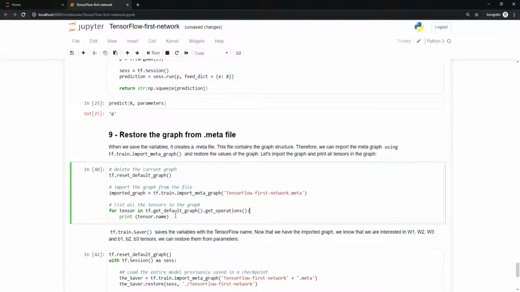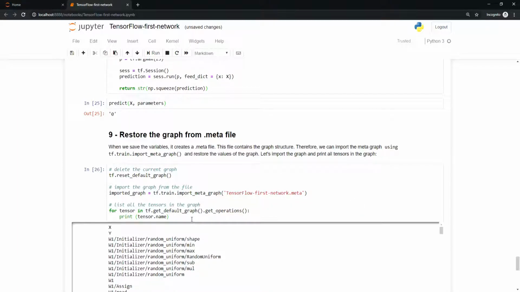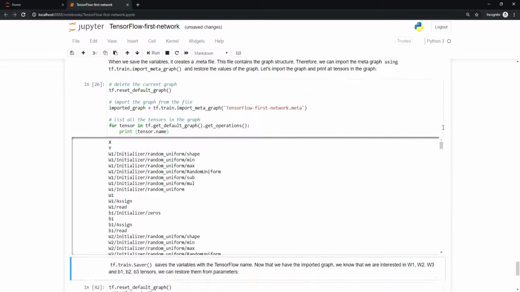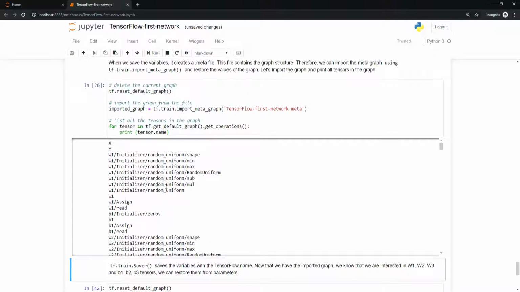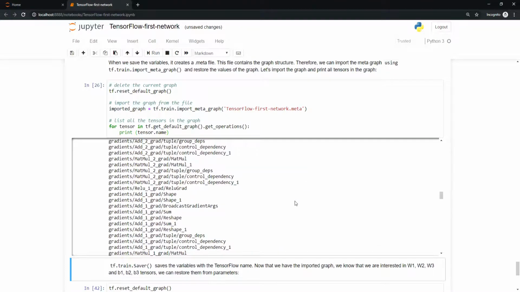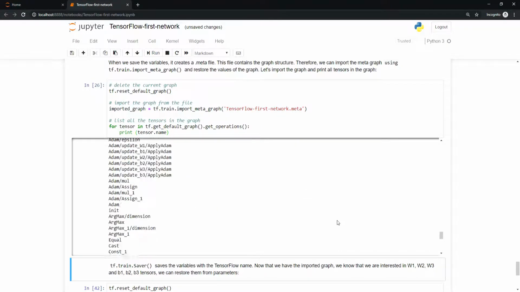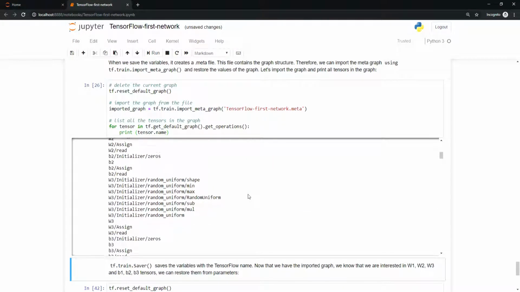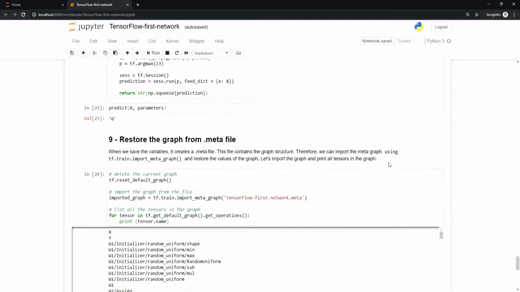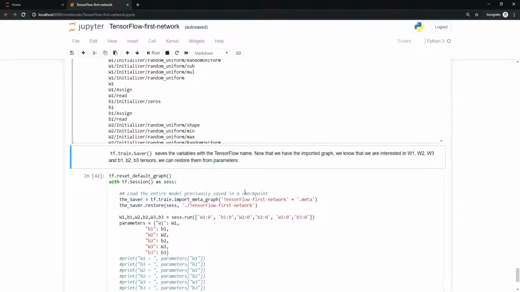So let's import the graph and print all the tensors in the graph. This way we should print it out. And yeah, okay, I just printed it out. And as you can see, here I printed everything I needed, everything our model has saved to a file. And going forward,